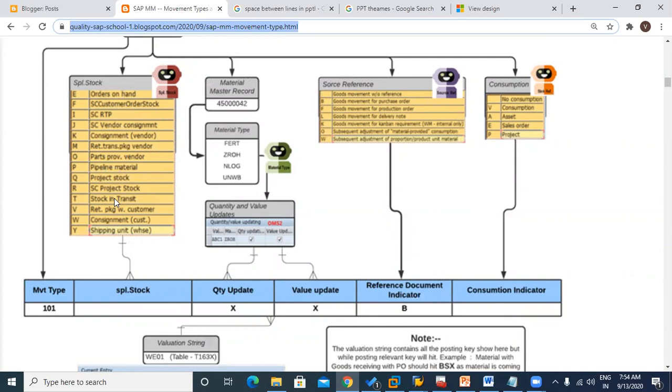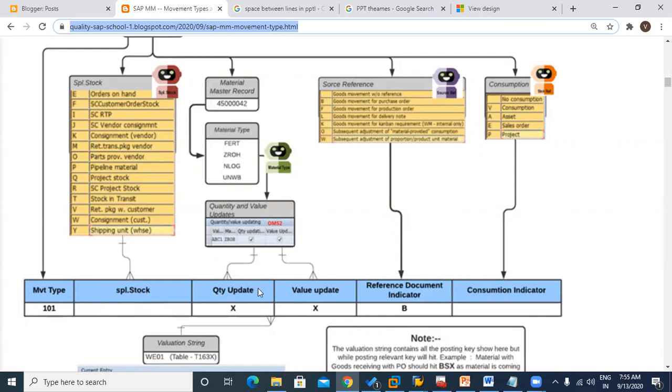If you go to the purchase order, you can go back to the recording and check that when we were creating the account assignment, item category was also not given. So that means it is a standard PO we have created. That is why it is not a special stock, so I'm going to take it here as blank because there is no value in this.